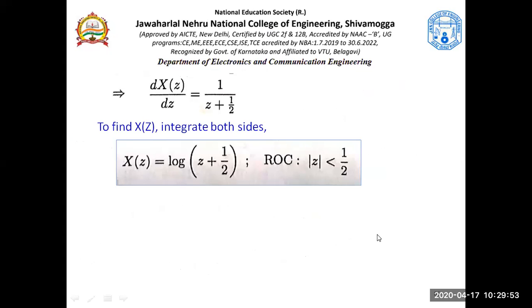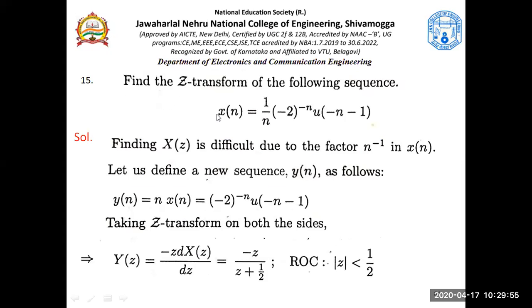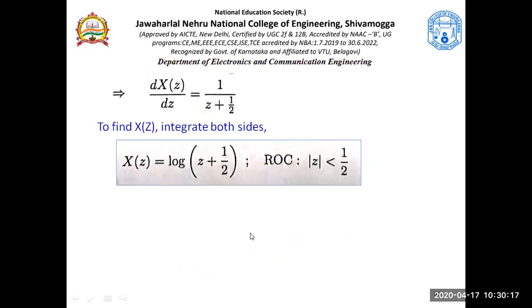Okay, in the next step, mind you, we are actually finding out X of z. So this is not a matter to me. You can ignore this now. The purpose is fulfilled. There is a minus z on the right hand side and a minus z on the left hand side. Just cancel these two. We'll be left with the differentiation of X of z equal to 1 by z plus half.